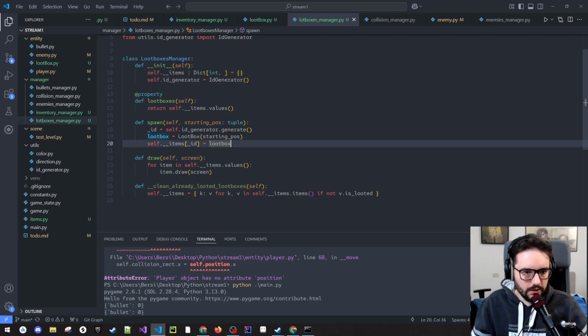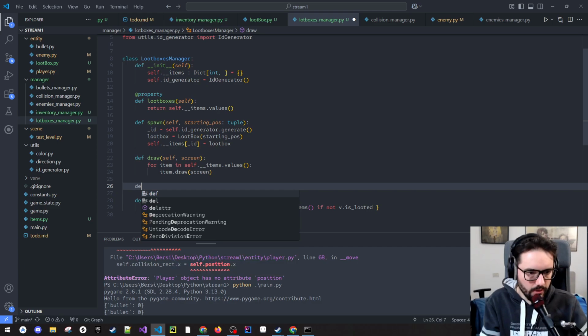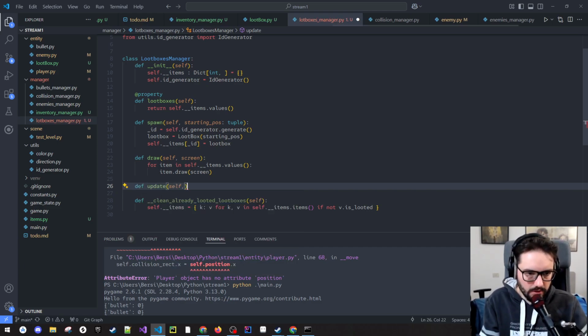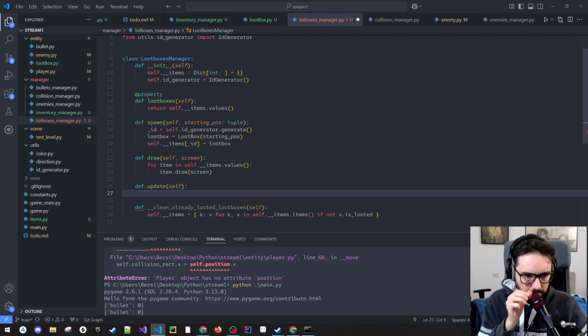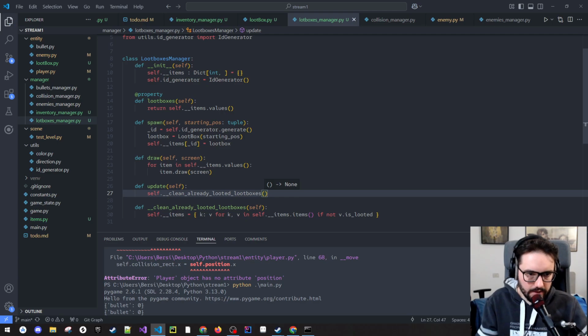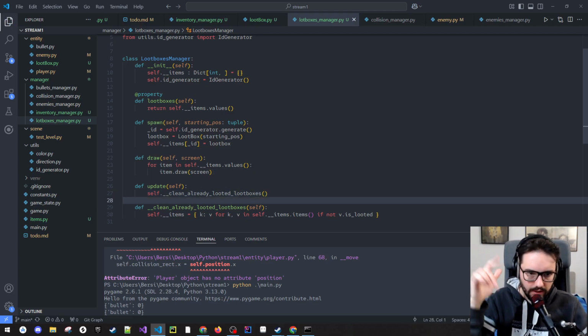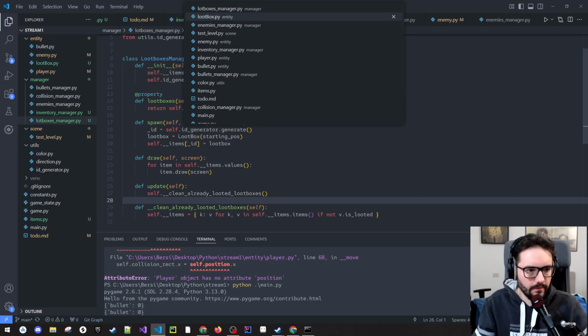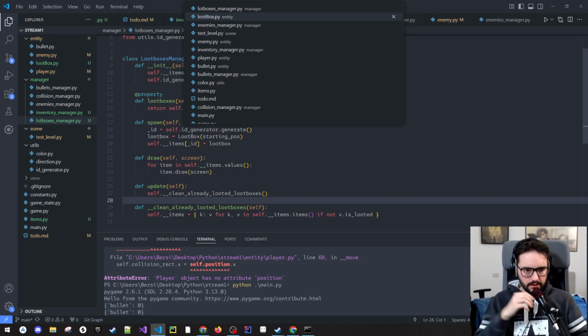We need an update method even here. So let's just create an update method that will not take any parameter, and we just call the update method. Okay, now